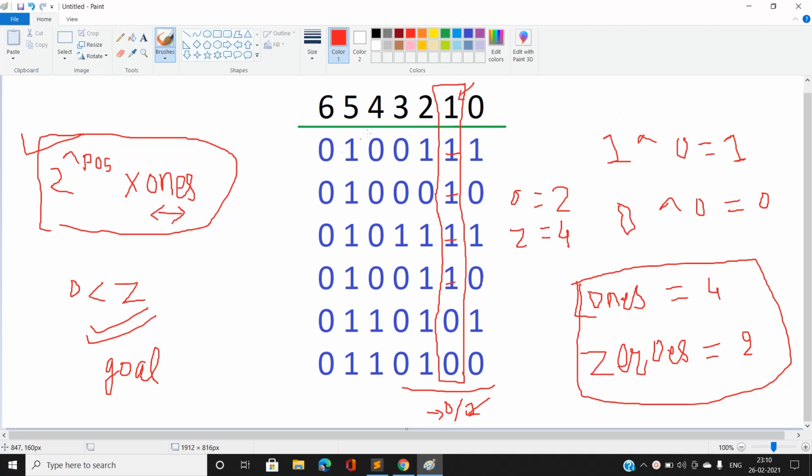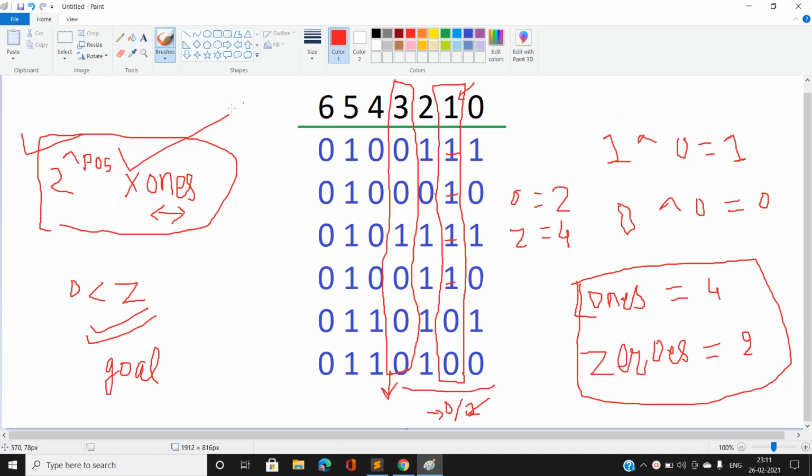And what about the case bit position equal to 3. Here you can see the number of ones is 1 and the number of zeros is 5. So the number of ones is already less than the number of zeros, so there is no need to swap the number of ones and number of zeros, because if we do this the number of ones will become 5 and this sum will be maximized, rather we have to minimize that.